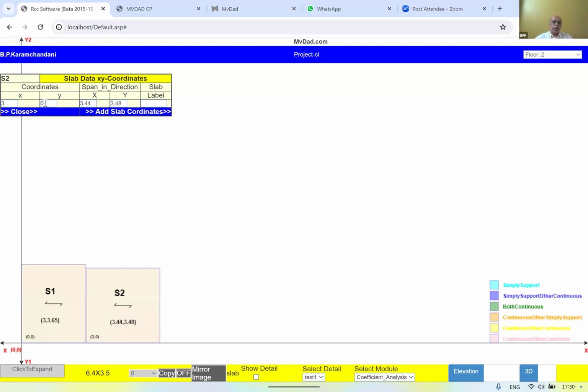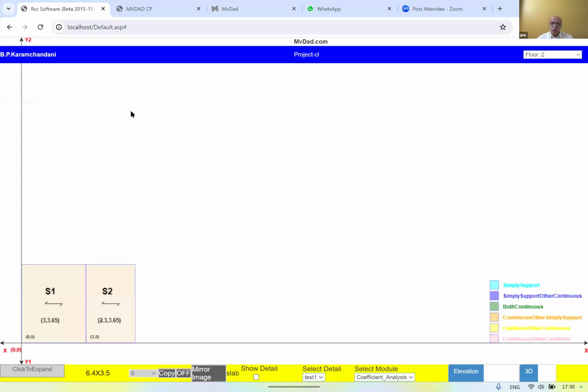Coordinates 3 and 0. Span in X direction, we will consider 2.3 meter, and span in Y 3.65 meters. 2 slabs we have created. That means no need to learn any particular drawing software. Even on this only, you can